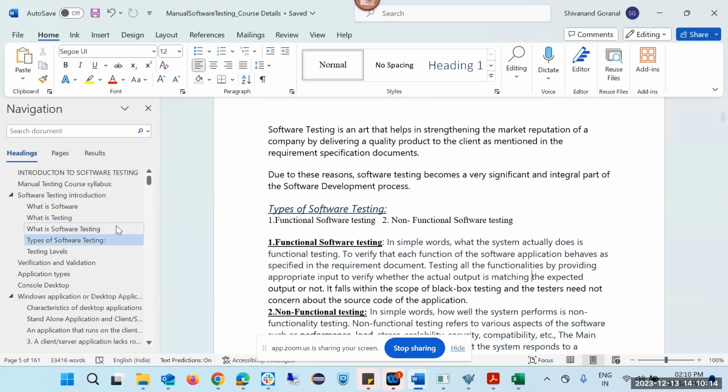So now you understand what software is, what testing is, what software testing is, and what the benefits of software testing are: cost effective, customer satisfaction, security, product quality. So now